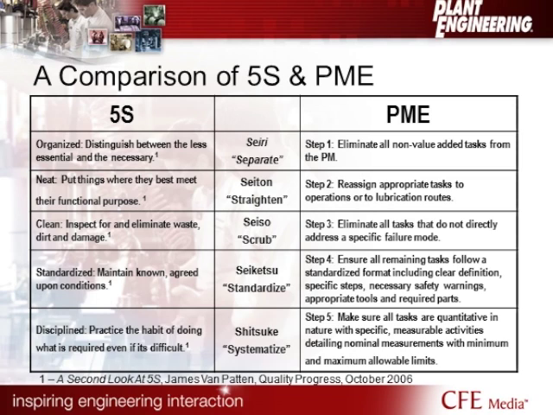So again, I've shown each of the steps of 5S. I've given you the terms that match up to each of those, and then I've given what you might do to evaluate or improve your preventive maintenance task. So for the first one, separate. We can eliminate all non-value-added tasks from the PM. In other words, remove those tasks that maybe don't have a true root cause basis. They may be symptoms of root causes. So as we figure out what the actual root cause is, we can then focus on that root cause and remove all those non-value-added tasks.